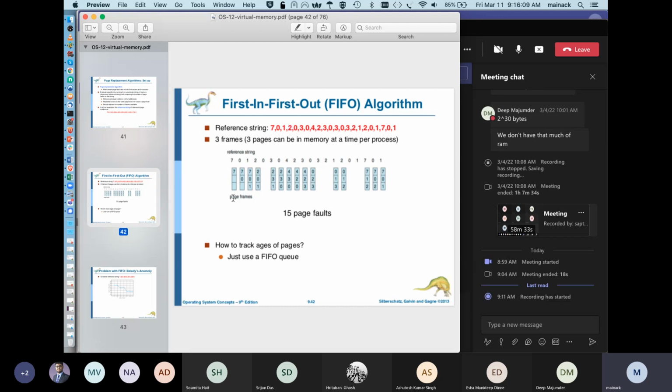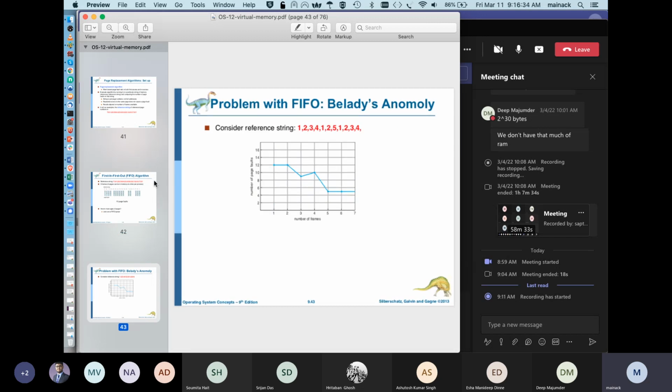Now, this is simple, but it is problematic. The FIFO queue makes the implementation extremely fast, and essentially all you need to do is calculate the page faults and keep a FIFO queue for your pages to know which one to evict. The problem that Belady found was that in FIFO there is an anomaly. He was writing a paper, and while checking the FIFO page replacement scheme,